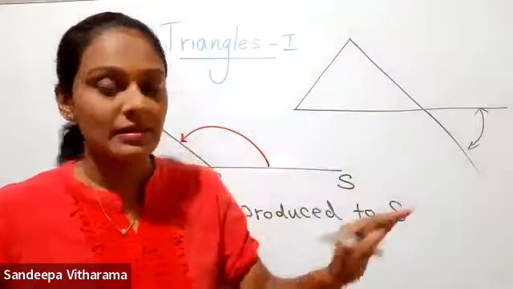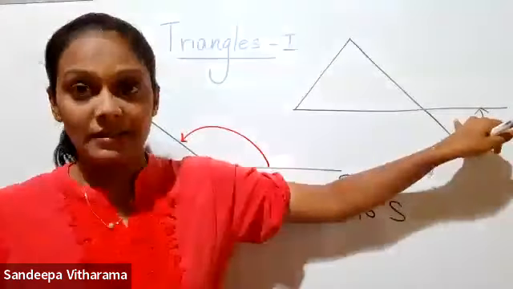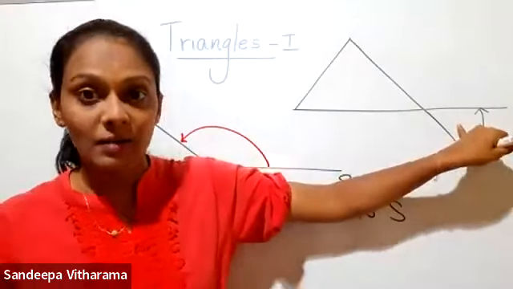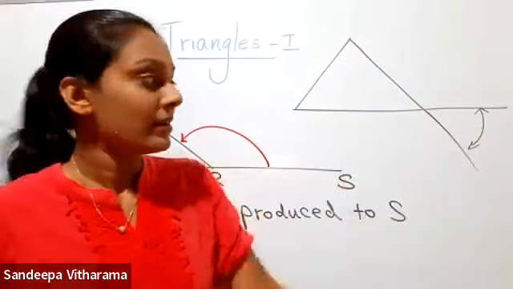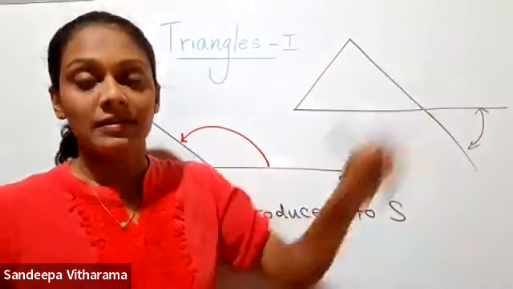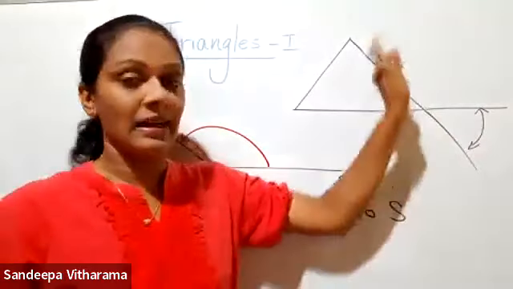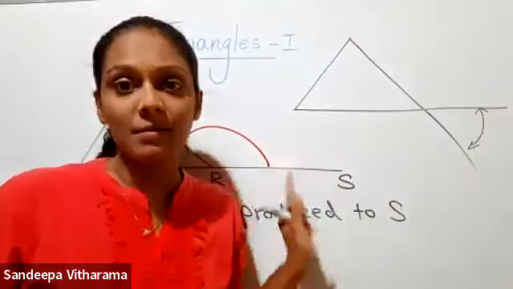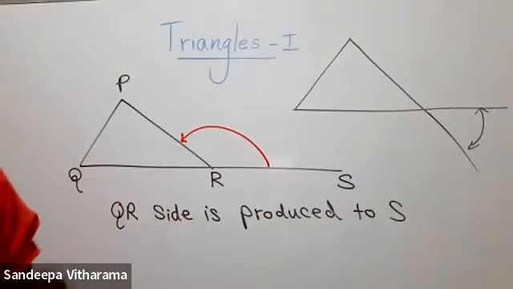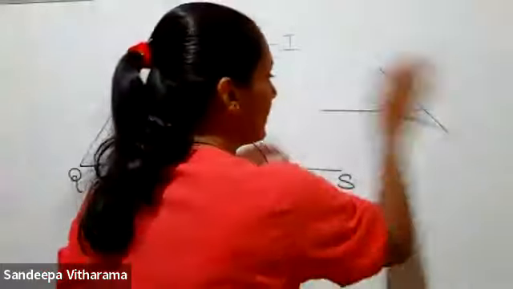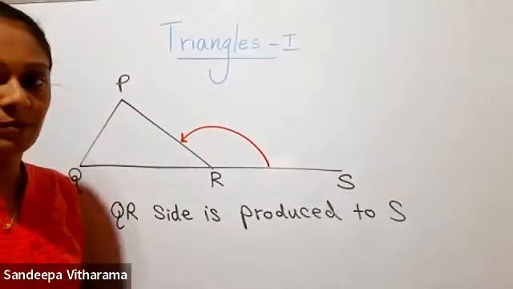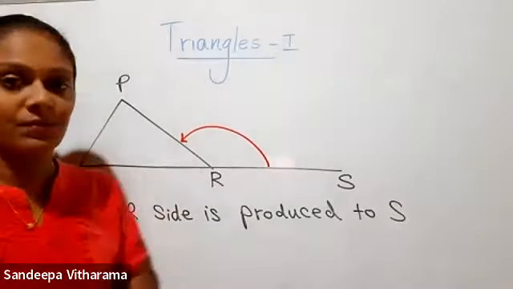The reason is, to be an exterior angle, one straight line segment, that means one arm of the angle, should be related to the side of the triangle. That means there must definitely be a side of the triangle as an arm. Right? So this is not the exterior angle. Okay, then all these exterior angles are formed by producing one side of a triangle